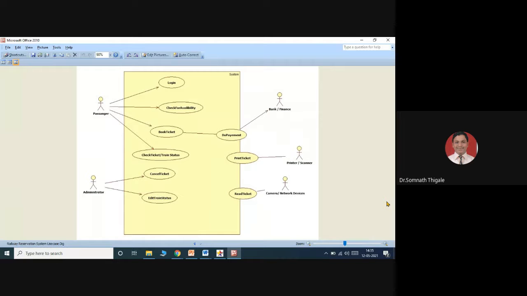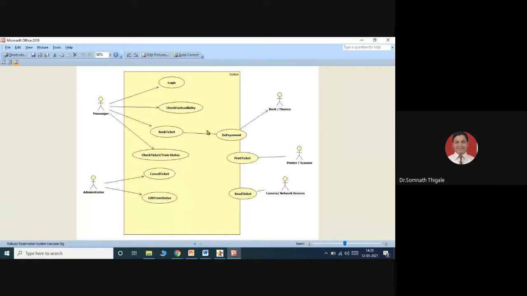Use case diagram means user interactions with the system. Which system are you going to develop here? I am developing here a railway reservation system. So who else is external? These many users, these many actors, and how your system is going to act and react. So this is what my system is going to act and react.